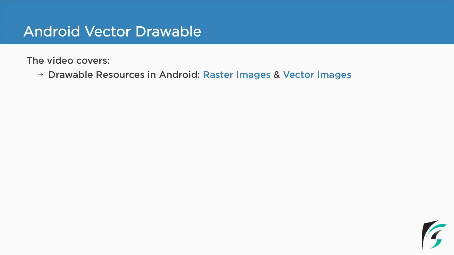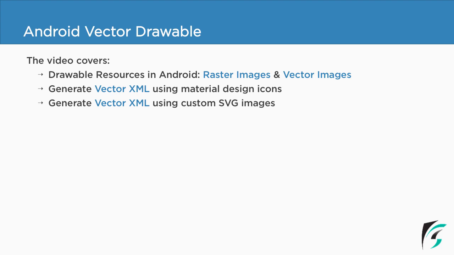This video will basically cover the drawable resources in Android, which are categorized into raster images and vector images. You'll then learn how to generate the vector XML using the Material Design icons, and then you can generate the vector XML using custom SVG images that you design on your own. I'll show you how to use this vector XML with the Android Image Asset Studio to set various icons for